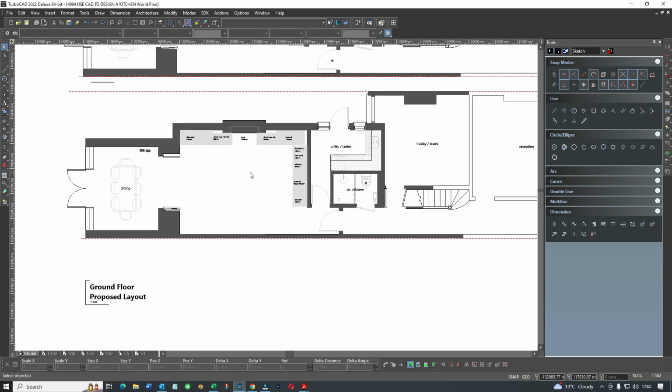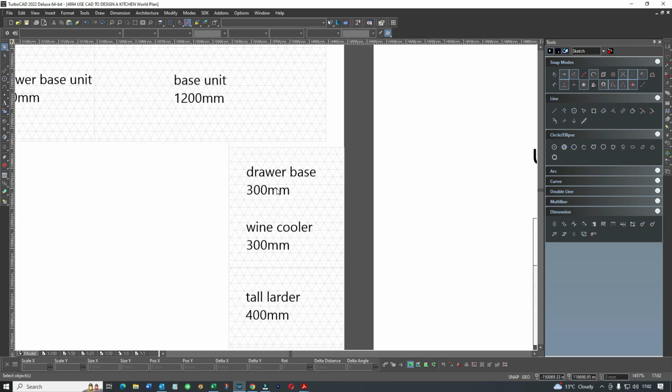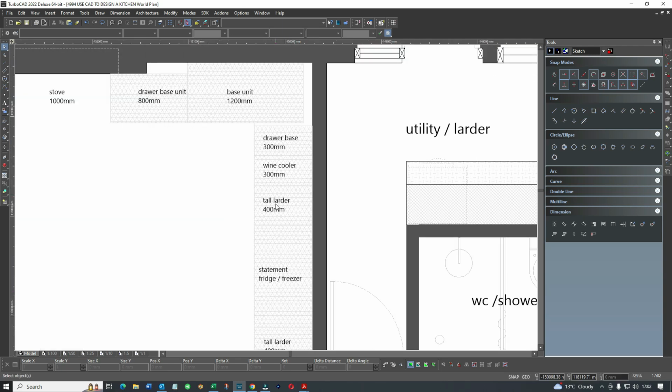Right, so that's the wall, that's the base units, and you've got the layout, and you've seen how I've done it, and as I say, it's not rocket science, but you need to focus a little because otherwise you're going to have a problem. And one other thing you've got to understand is that you need to know the denominations of the kitchen companies, meaning this is an IKEA kitchen. It's based around their carcasses. Now I know they do a 1200, 800, 600, 400. They don't do a 300 base. They do a 400 tall larder,